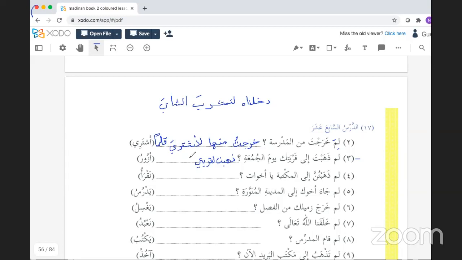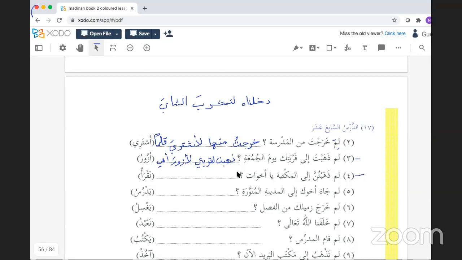ذهبت لقريتي لأزور. أحسنت. أزور أمي. جزاك الله. بارك الله فيك. وفيكم. تفضل يا أخي عادل. رقم 4. لما ذهبتن إلى المكتبة يا أخوات؟